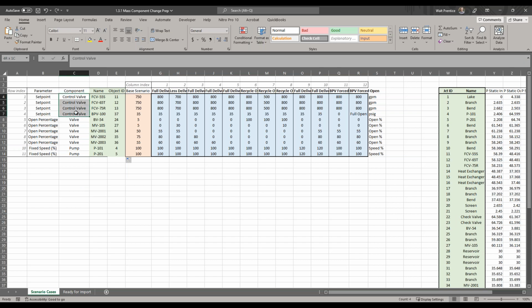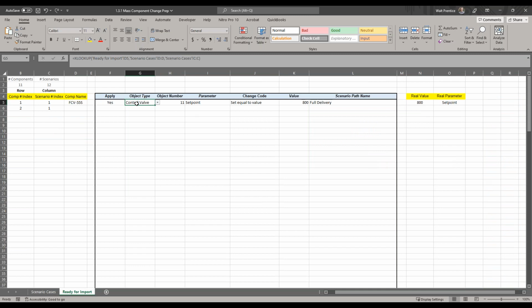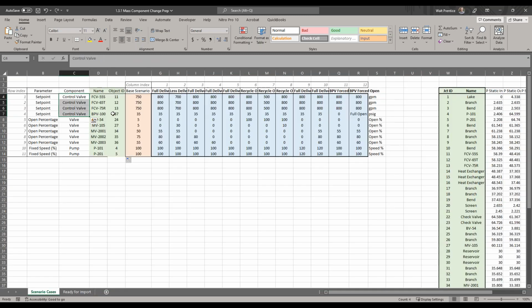This one's a little easier, so I just typed it in. It's important that that matches the spelling of the drop-down menus exactly. So control valve, and pump, okay? I know what parameters I'm changing, which for control valves, I'm changing my set points through the scenarios, sometimes flow, sometimes pressure. For my valves, I'm changing open percent, and you can probably foresee, hey, Walt, you have